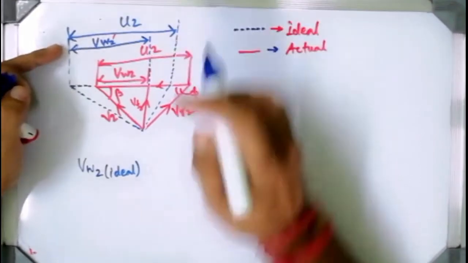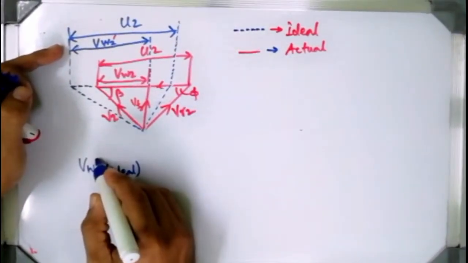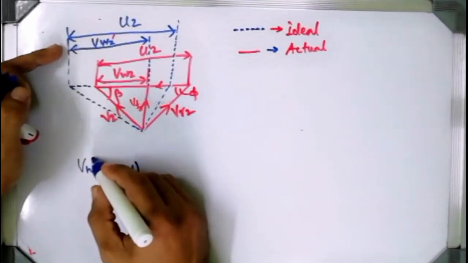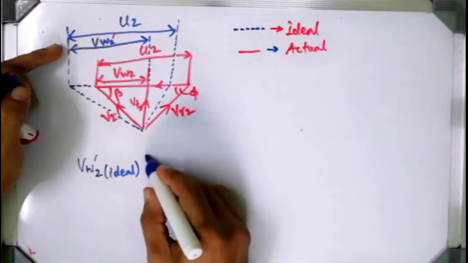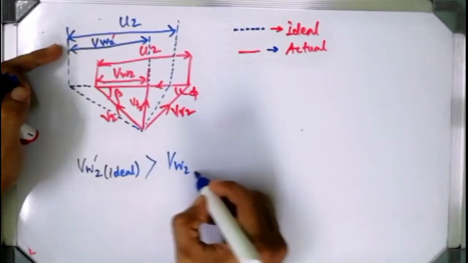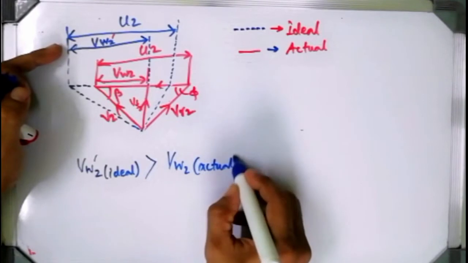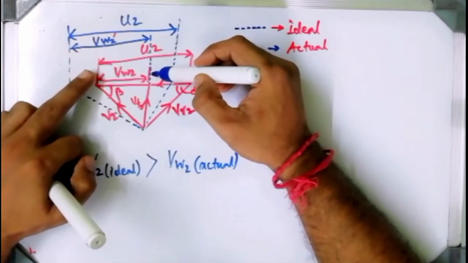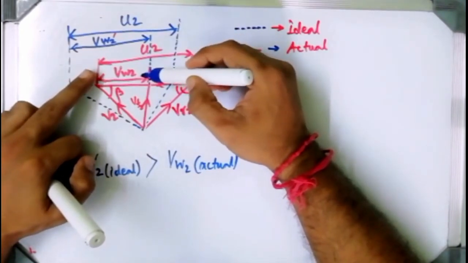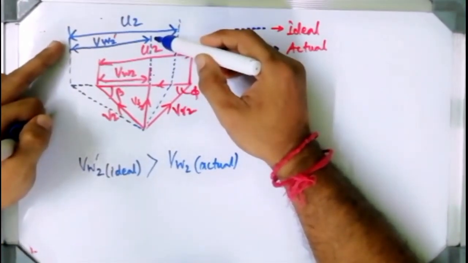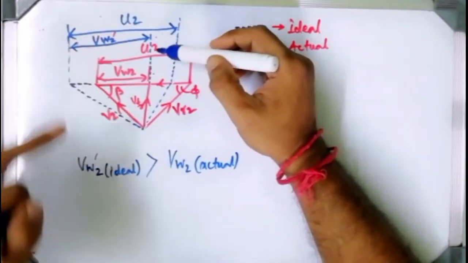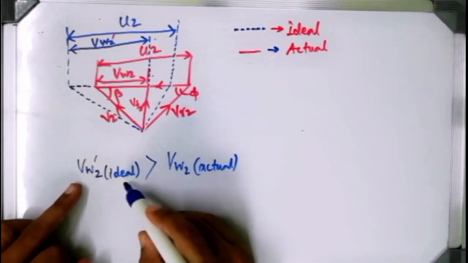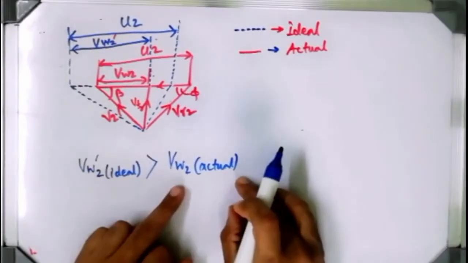Okay, so I can say VW2 prime is greater than VW2 actual, isn't it? Because in the velocity diagram you can see this is VW2, the tangential velocity component, and here the tangential velocity component is increased. So in the ideal case, the tangential velocity component is greater than the actual component,